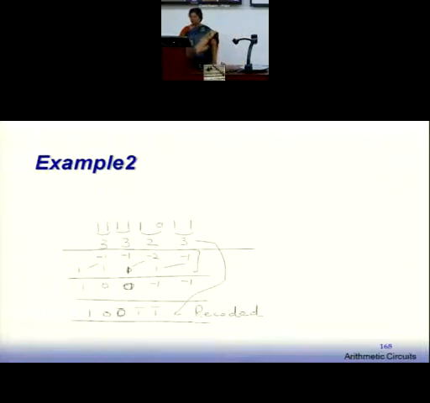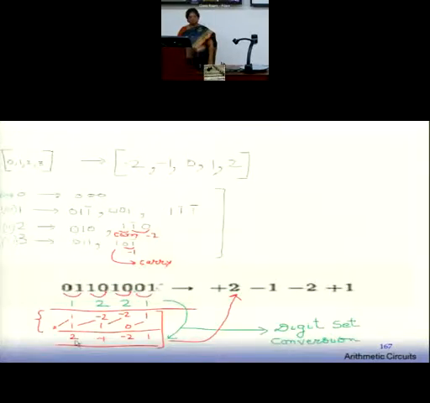So you need to recode and then bring it into the required format, in the form of 1, 0, minus 1, or minus 2 or 2. You do not want any other digits. We do not want 3. These 2 examples show that now you can have recoded multiplier bits either as 1 or 0 or minus 1, or they can be 2, or they can be minus 2.